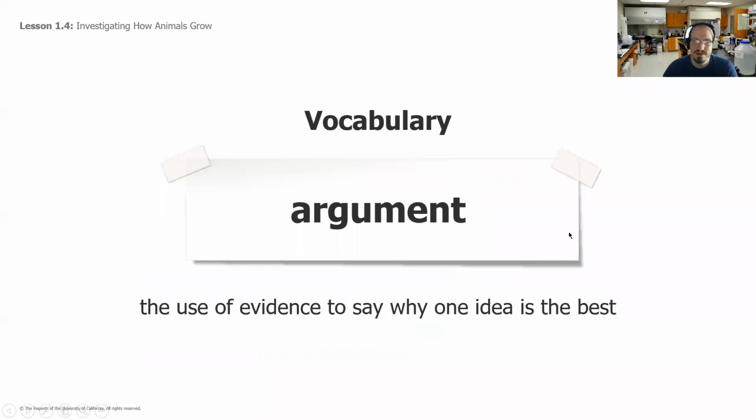Okay, so now we've got a definition. So this is an argument in the sense of a scientific argument. So an argument in science is the use of evidence to say why one idea is best. And for each of these vocabulary words, I'd like you to copy down exactly what it shows you in the